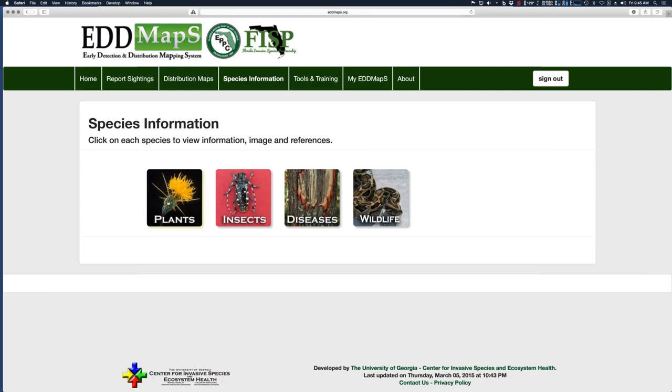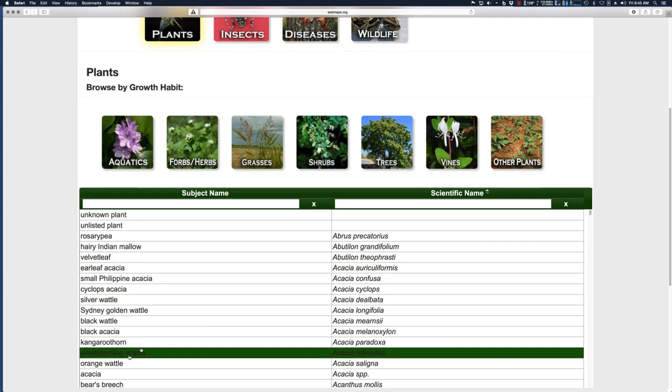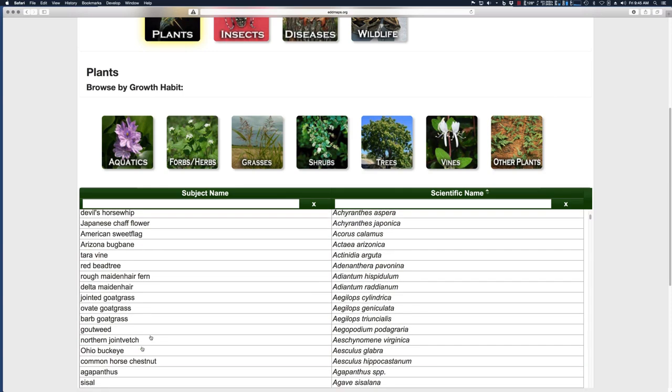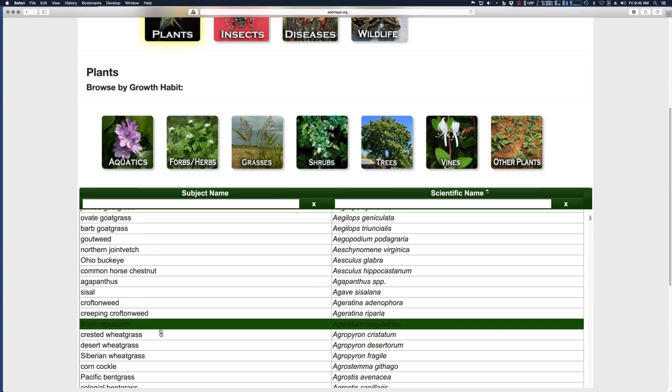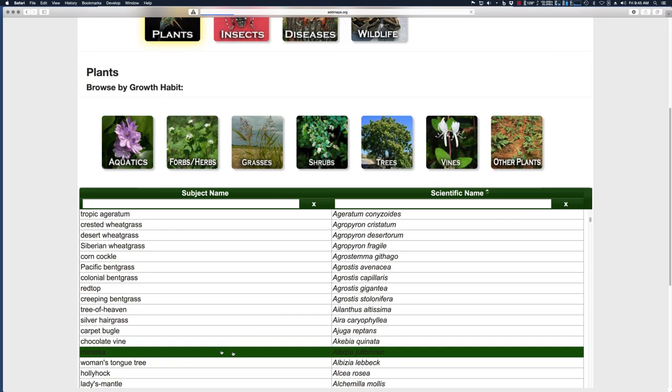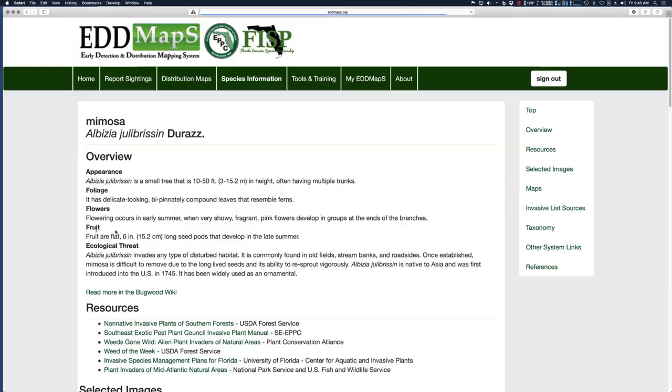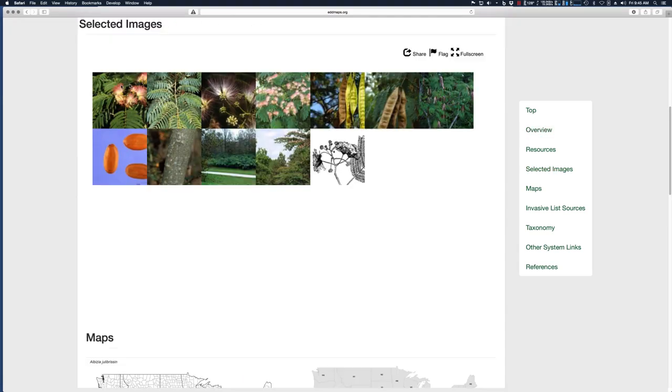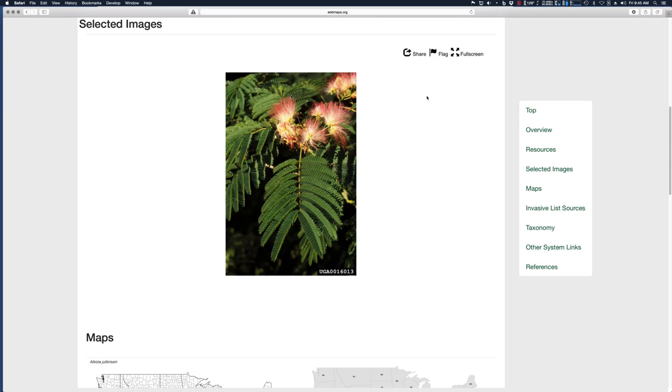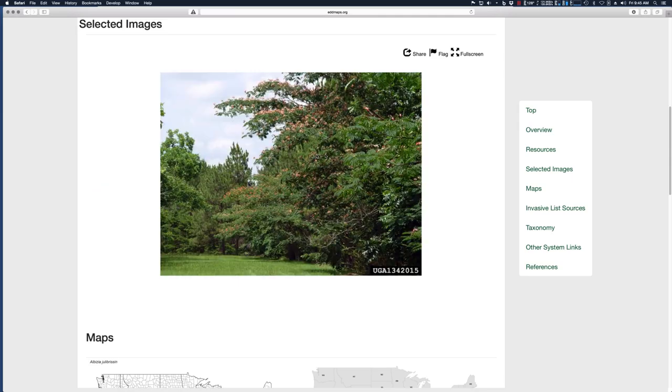Species information is just kind of an add-on, and I'm just going to quickly show an example of what that looks like. It takes you and lets you see some information about the species. We've added this jump to on the side to let you jump down, so if you want to see the pictures, you can quickly see the pictures of